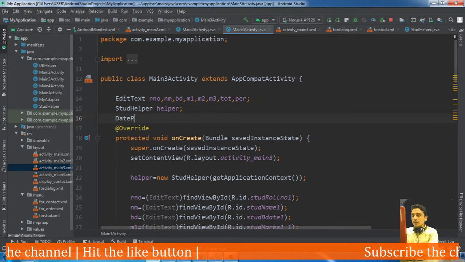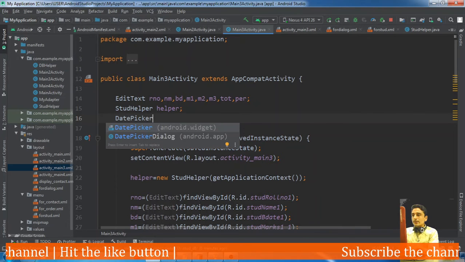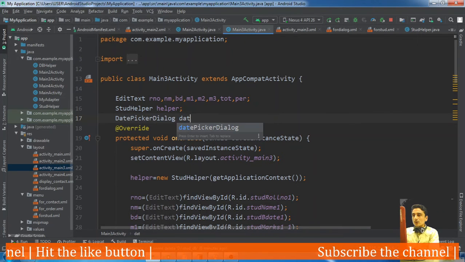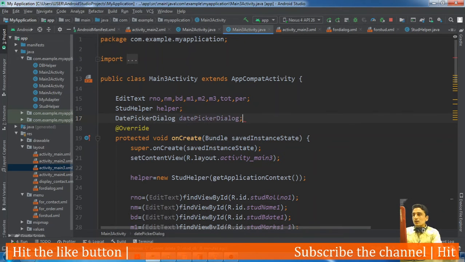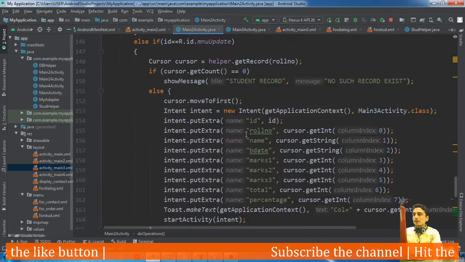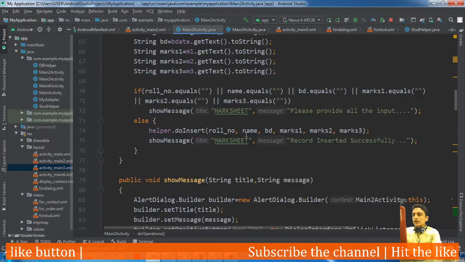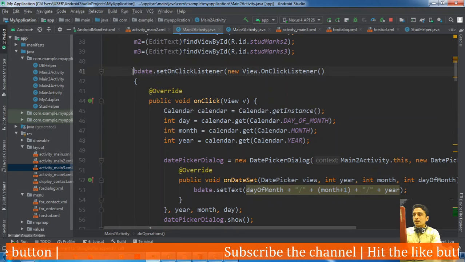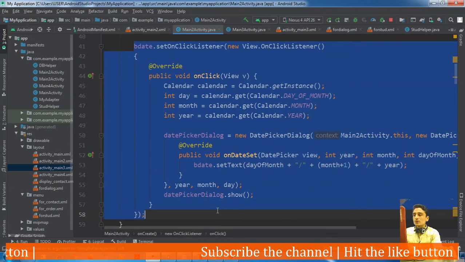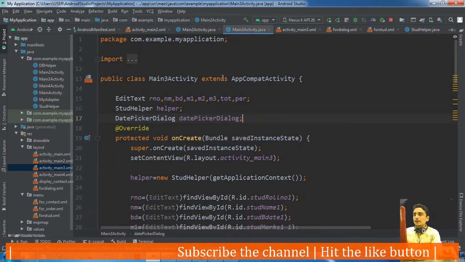Okay, date picker dialog should be defined. Okay, date picker dialog, and all the things which we have defined in activity 2 for displaying this birth date, okay, should also be done in activity 3.